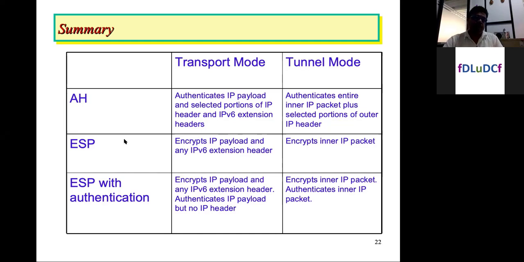Then we have the other header, that means encapsulation security payload, or the ESP header. When you use the ESP header in transport mode, it encrypts only the data. When you apply the ESP header in tunnel mode, it encrypts the entire IP packet, including the data and the IP header. So as you may understand, if the authentication header provides authenticity and integrity, the encapsulation header provides